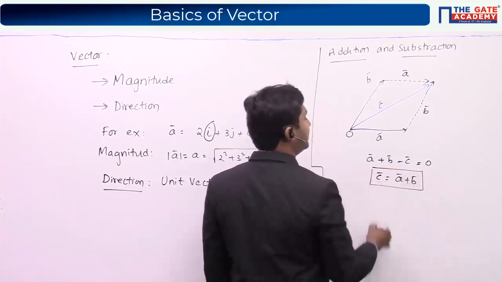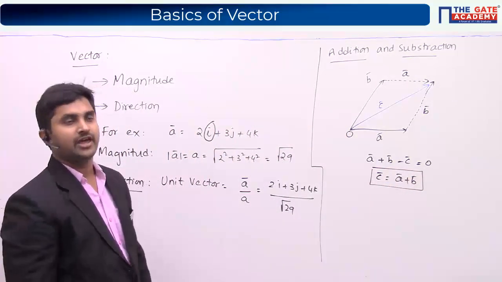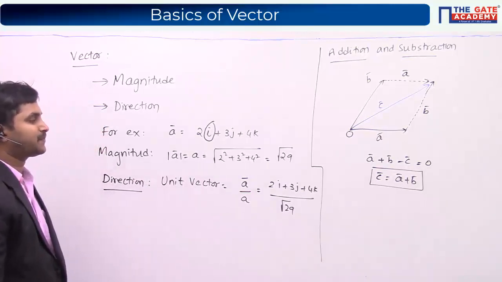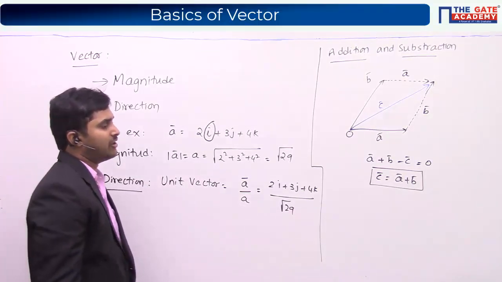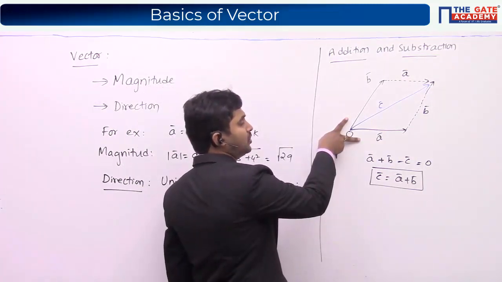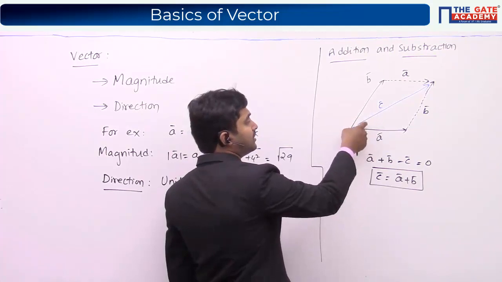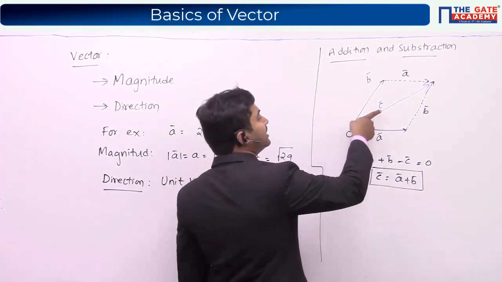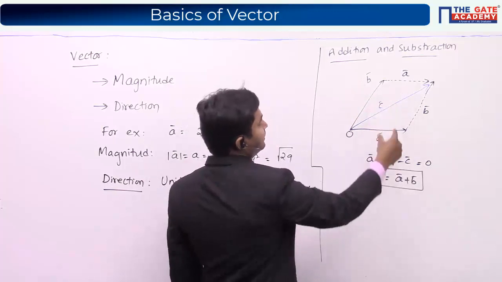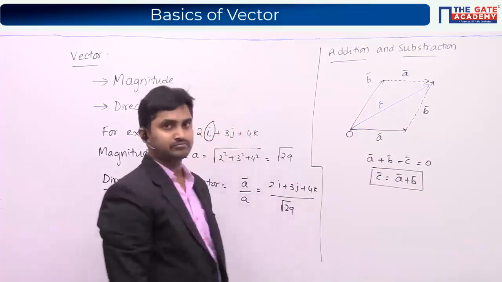C bar is nothing but equal to the top of A bar plus B bar. So this is how we are doing the vector addition between these two vectors. There is a vector called C bar, which goes exactly from the middle of the top of A bar and B bar. Now we have represented that C bar is nothing but A bar plus B bar.